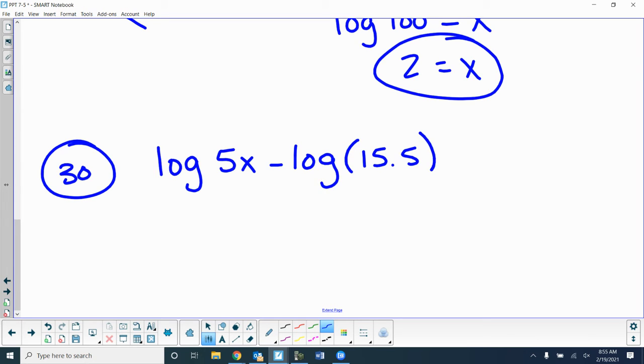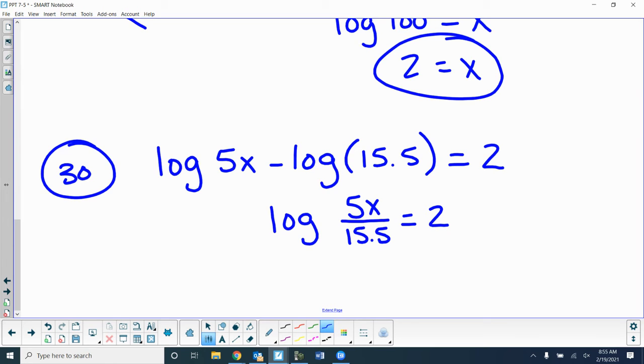What's it equal? Thanks. 2. All right, so again, I've got multiple logs there. I want to make it a single log. It's subtraction, so I'm going to do division. So I've got log of 5x over 15.5